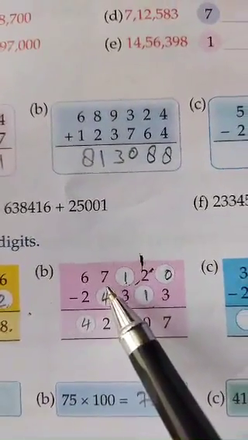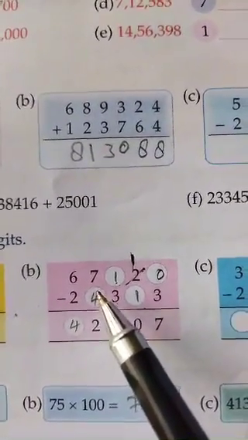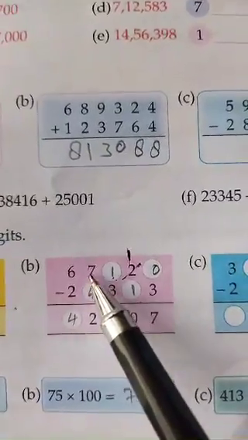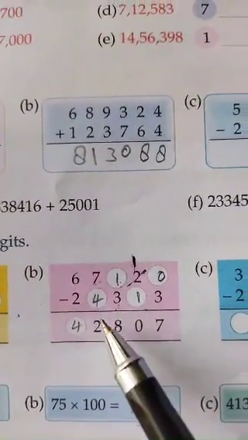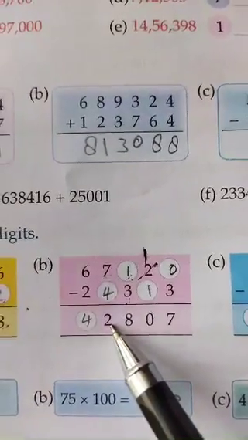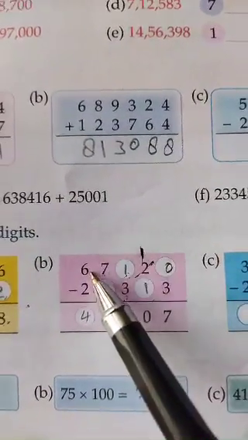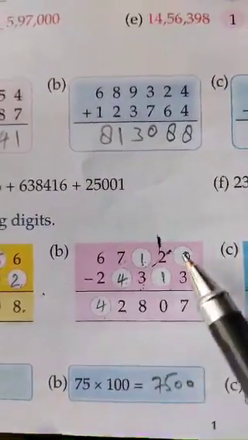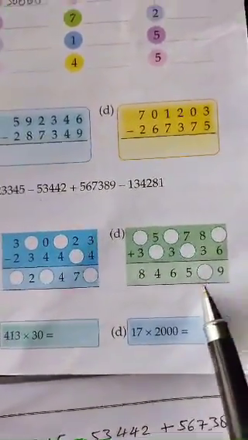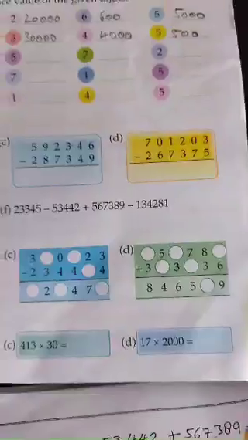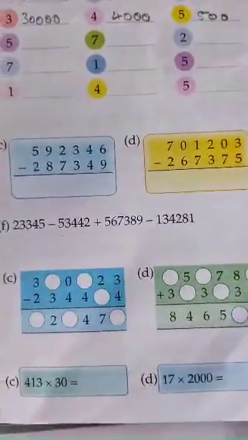Now see here. We put from here 1 carry in this. So here remains only 6. 6 minus 4 is equal to 2. Then 6 minus 2 is equal to 4. Like this you have to solve this. So the remaining parts you can do by your own. And if you find a problem, then we can discuss it later on.